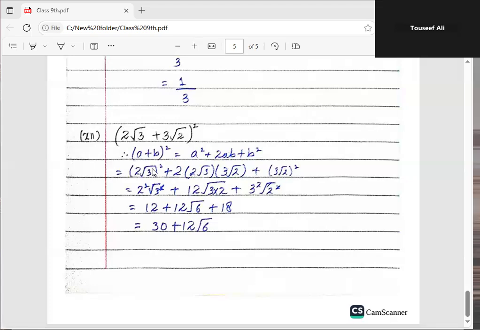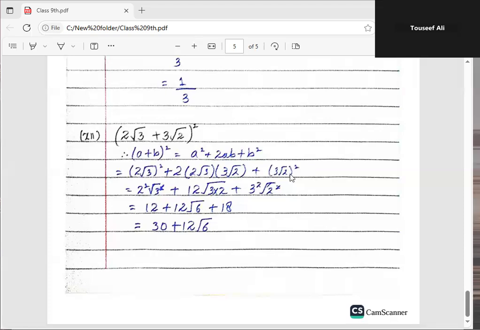Now we will simplify. This square is on 2 and 3 also, so 2 square plus 3 square, and square and root cancel each other, and we will multiply. 2 twos are 4, 4 threes are 12, and under the root we have 3 and 2, so 3 multiplied by 2 is equal to 6, and